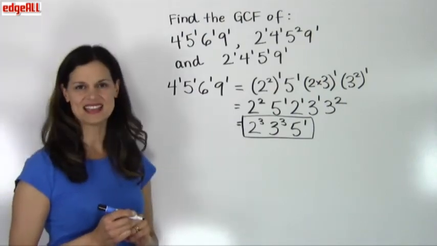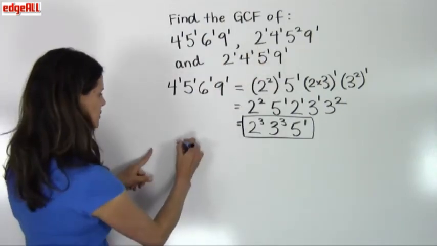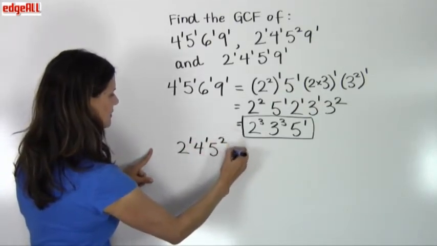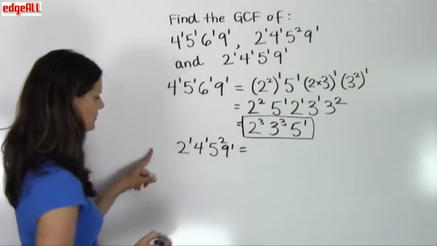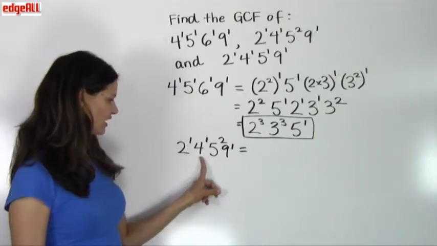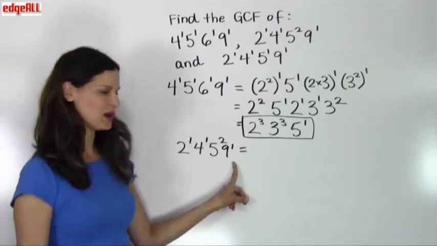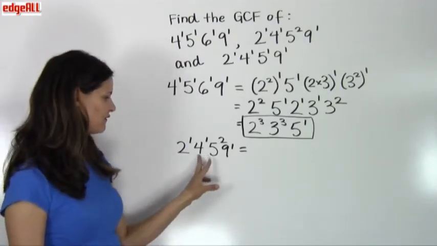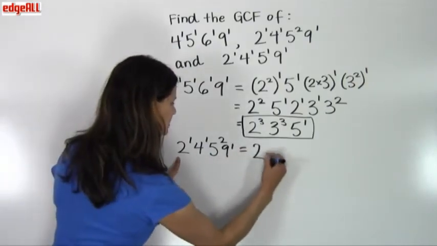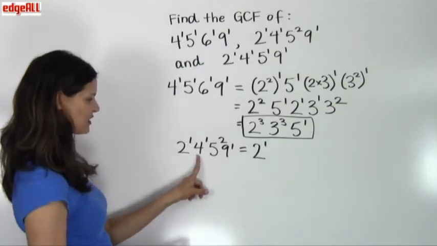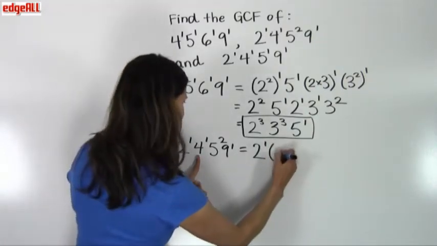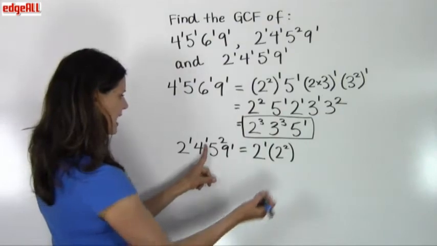We're going to do the same thing now with our second number. 2 to the power 1, 4 to the power 1, 5 to the power 2, 9 to the power 1. So I can see in this case that my 2 is already a prime, the 4 is not a prime, and the 9 is not a prime number. So I need to substitute the 4 and the 9 with their prime factorizations. So I'll leave my 2 to the 1 power as it is, and then where there's a 4, I'm going to substitute that with 2 squared, which is the prime factorization of 4. So 2 squared, and that's raised then to the power